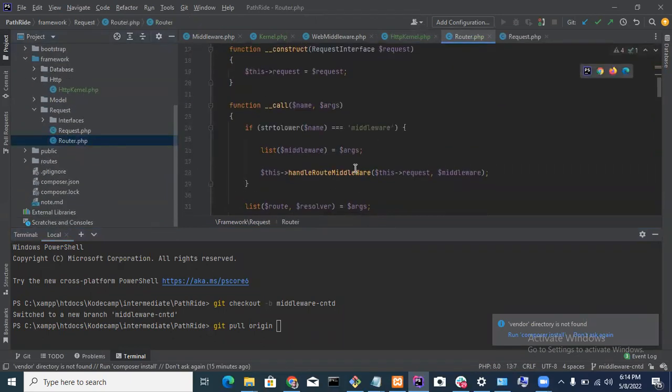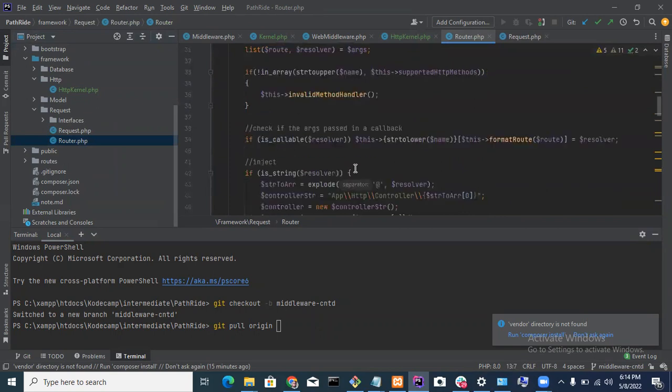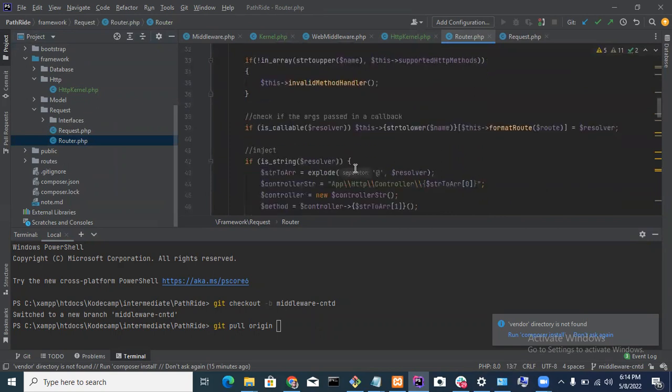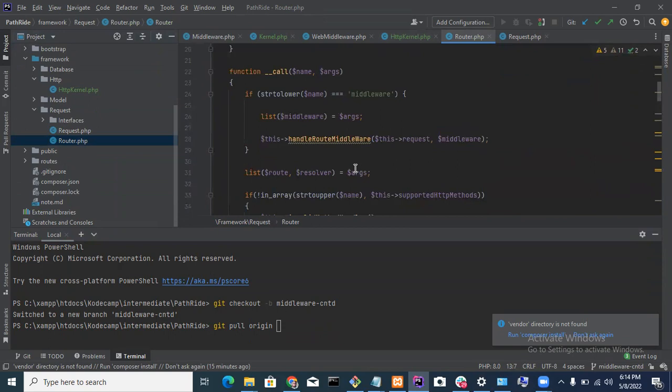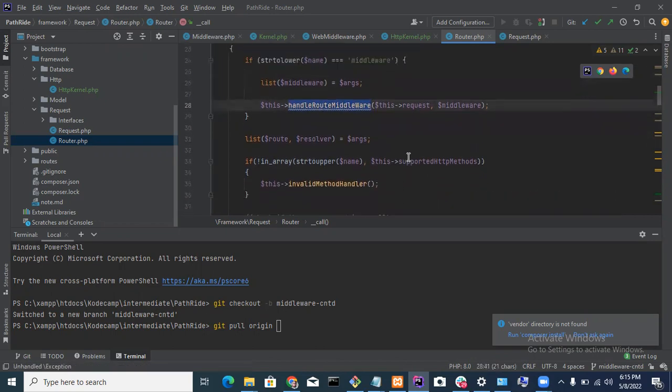This is making a lot of noise. So yeah, whatever it's middleware, so we push in handle middleware and middleware.